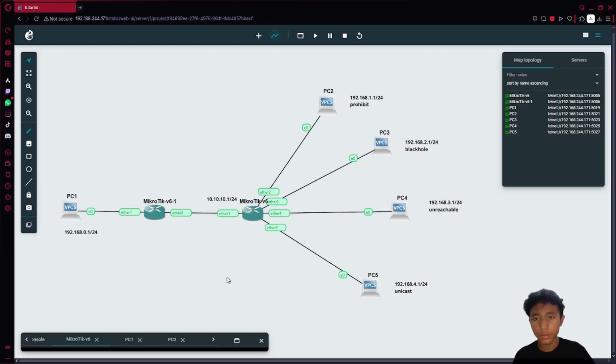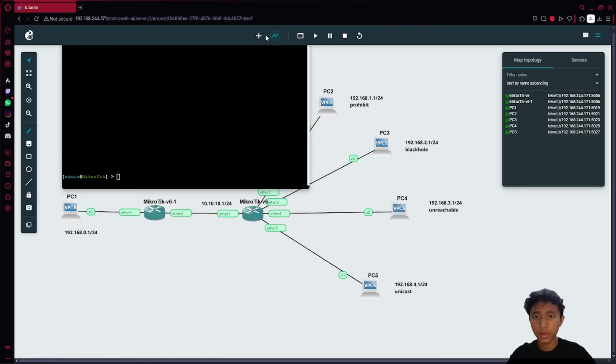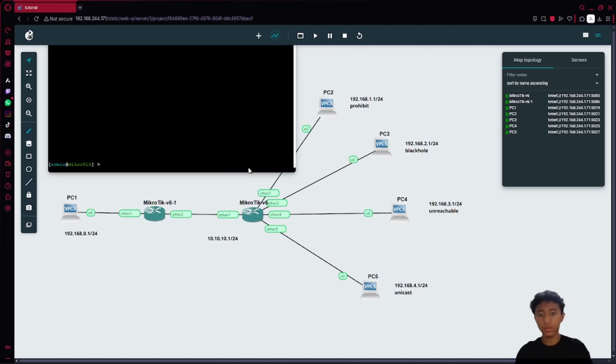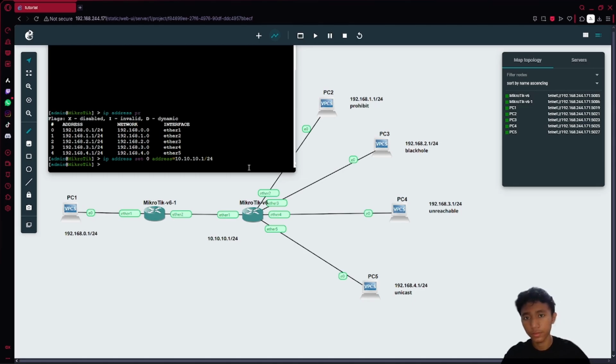Sorry, I made a mistake. For the configuration, I have updated the topology to be like this, and as you can see here, the address is using 10.10.10.1/24. So I will change it in IP address set address 10.10.10.1/24.